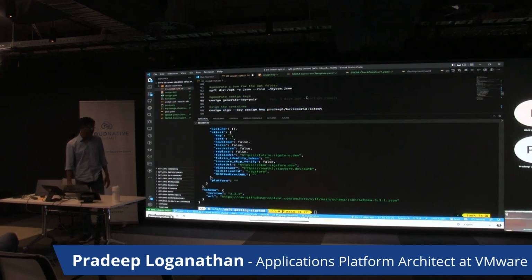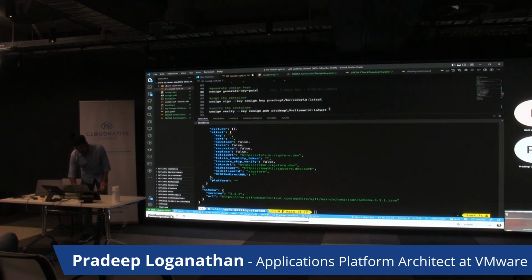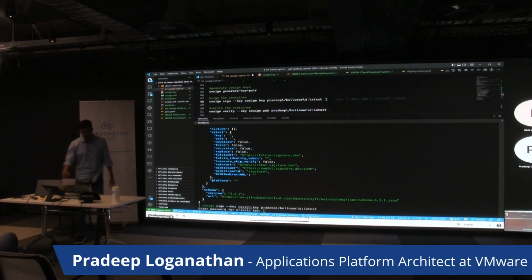It helps you generate signing artifacts to sign SBOMs primarily. What I'm doing over here is generating a key pair, a public key and a private key, so that I can sign the SBOM. I've already generated the key pair, and I will use the private key to sign the SBOM.